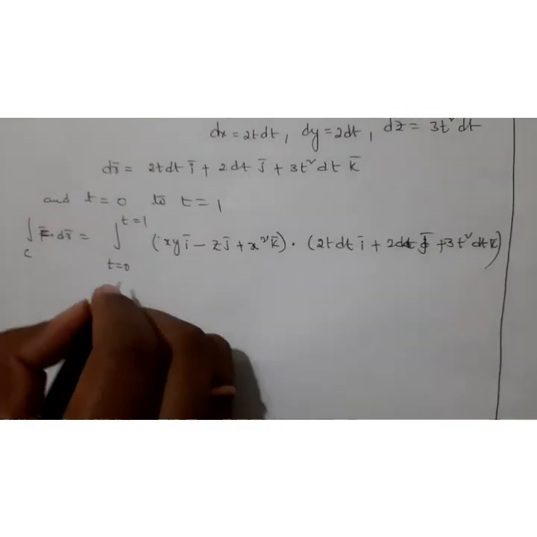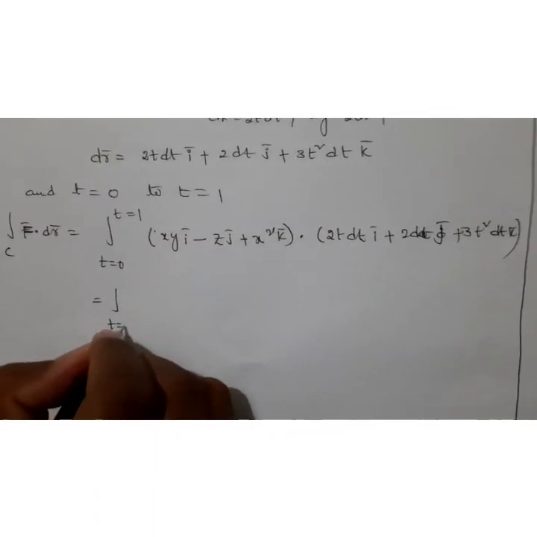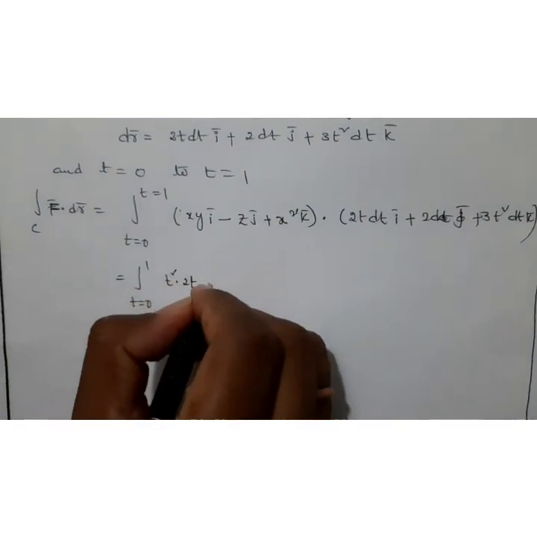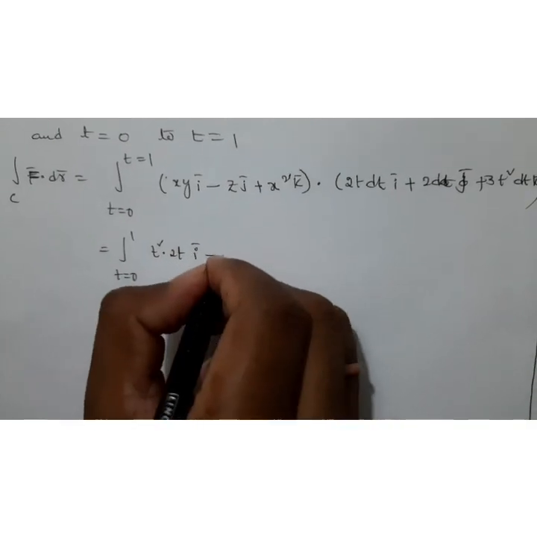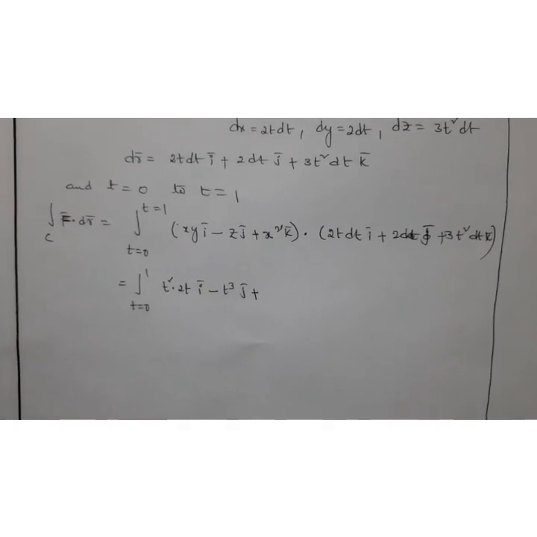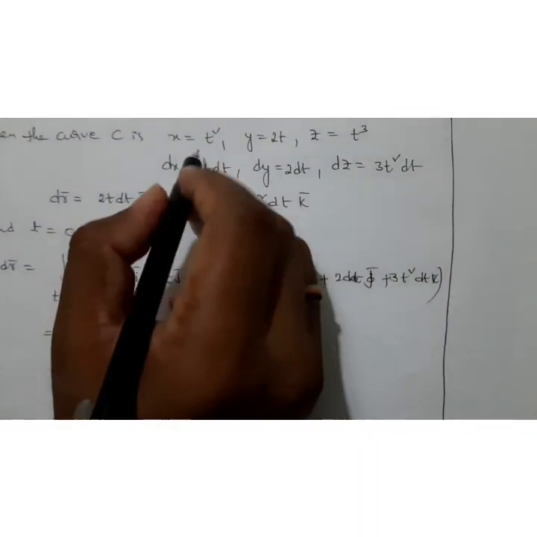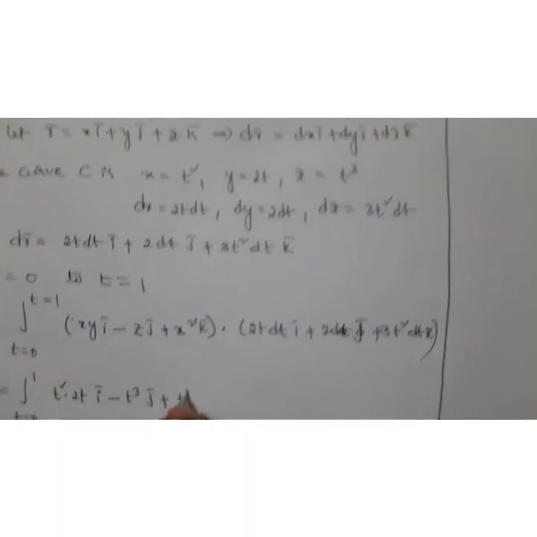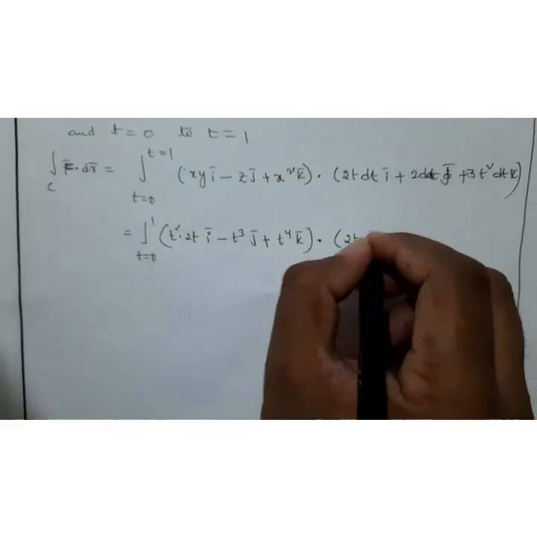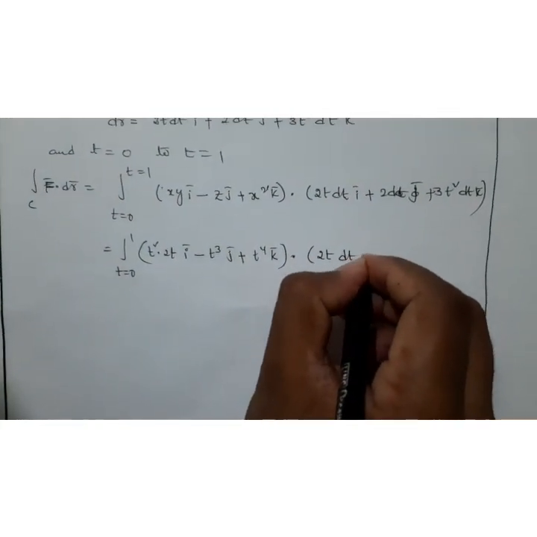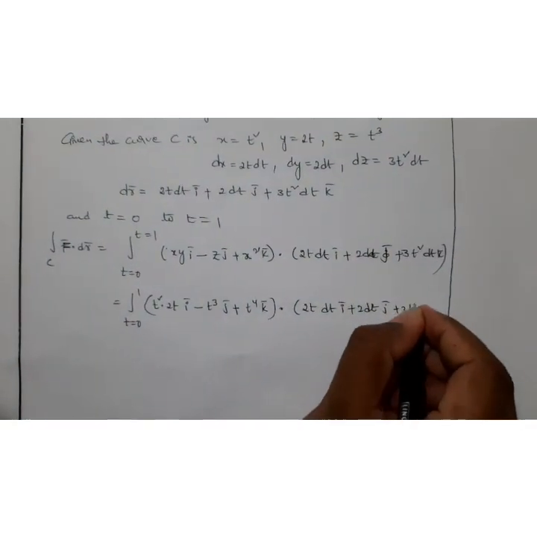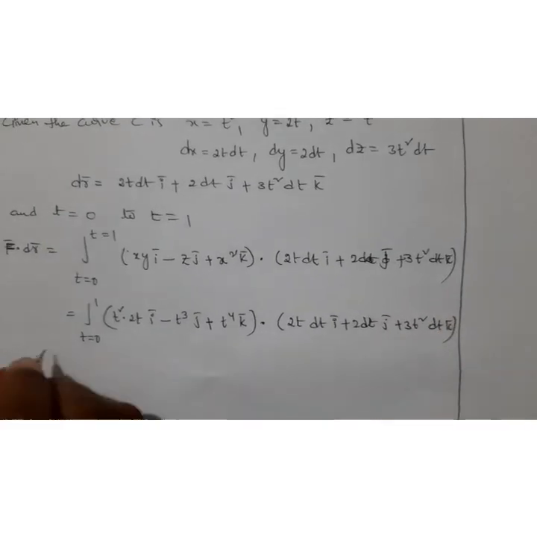Substitute x is equal to t square, y is 2t, z is t cube, and x square is t power 4: t square i bar... so F bar is t square times 2t i bar minus t cube j bar plus t power 4 k bar, dot 2t dt i bar plus 2 dt j bar plus 3t square dt k bar,